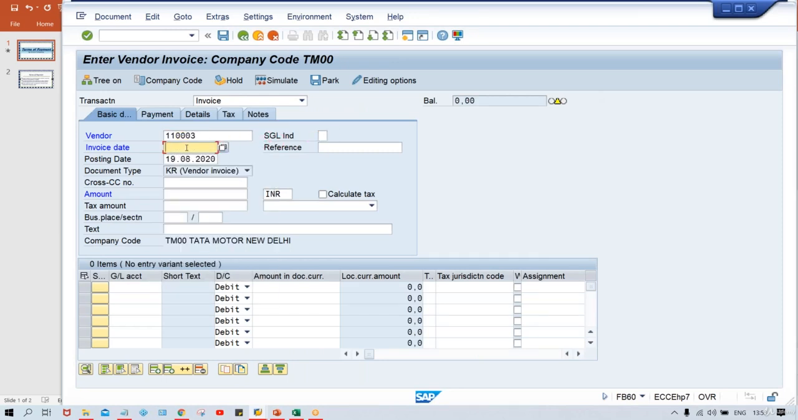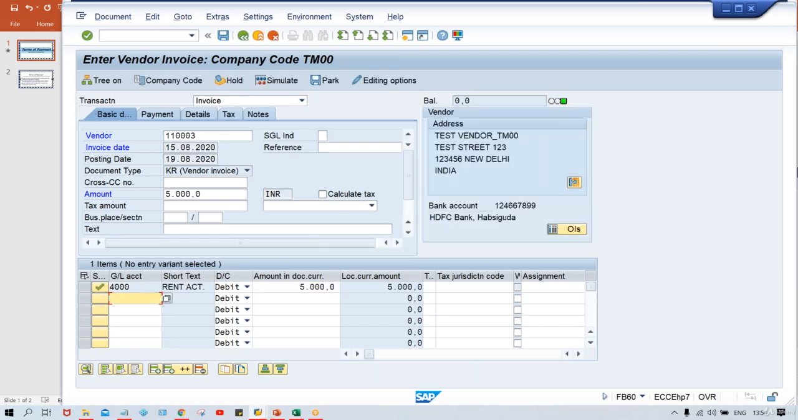Let's suppose now I'm going to give a different invoice date here. The posting date is 19th, so the invoice date I'm going to give is 15/08, and a particular amount. Okay, any amount can be given. Let's suppose this is the amount I've given, right? If you press enter, now,